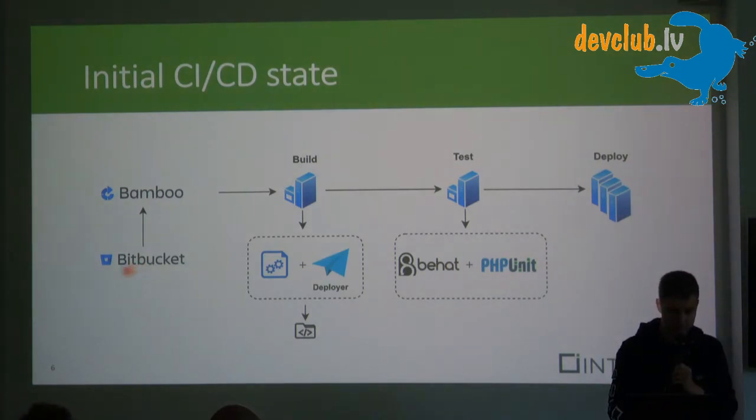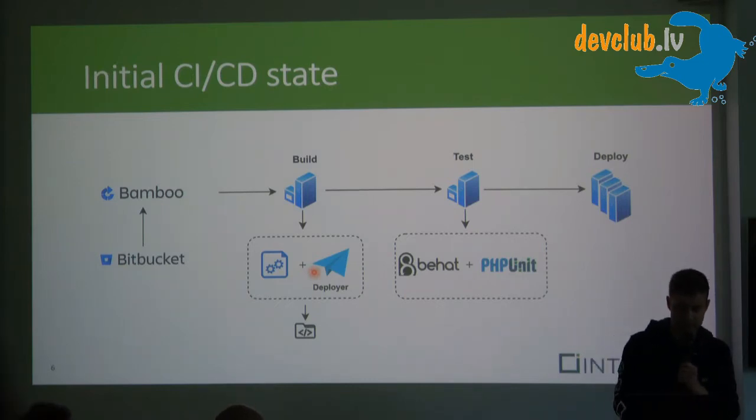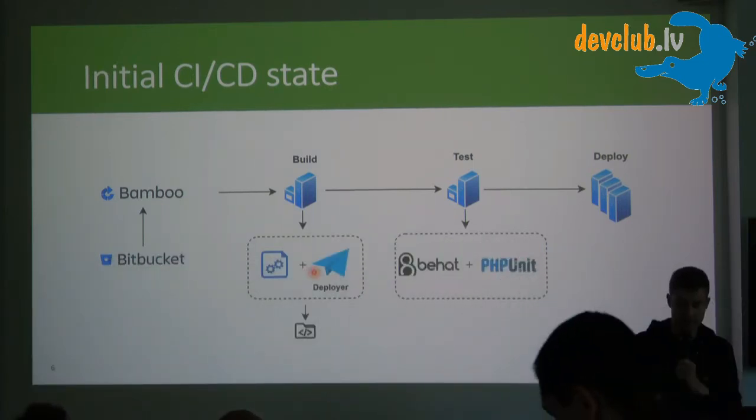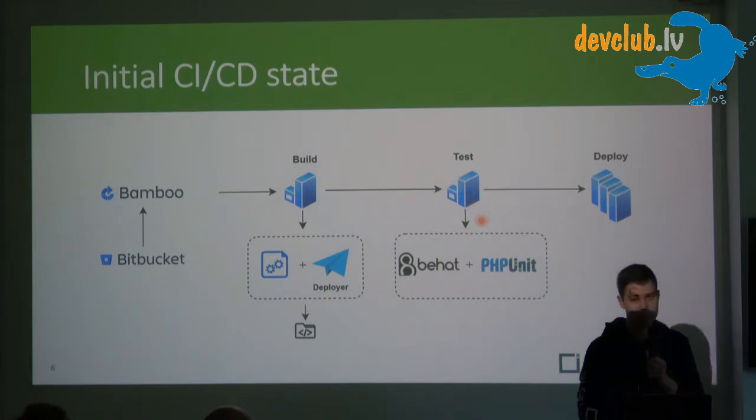So when the code is pushed to Bitbucket, it triggers the build in Bamboo, which then calls a sequence of actions on the build server, and with the help of scripts and Deployer, which is a PHP tool that provides features for provisioning servers. It has some pre-made recipes, or we can write our own. And as a result of this stage, we have an application code, which is later reused during our testing pipelines,